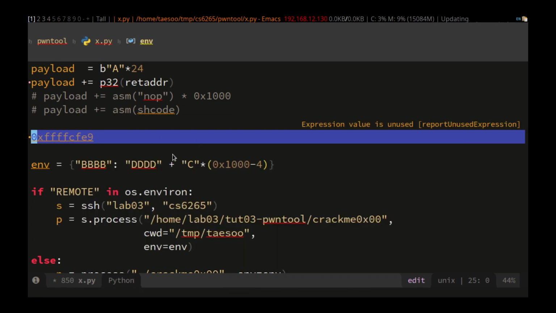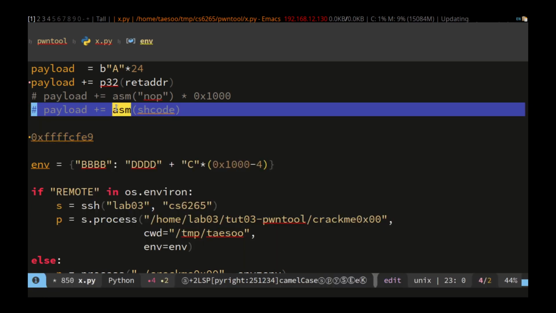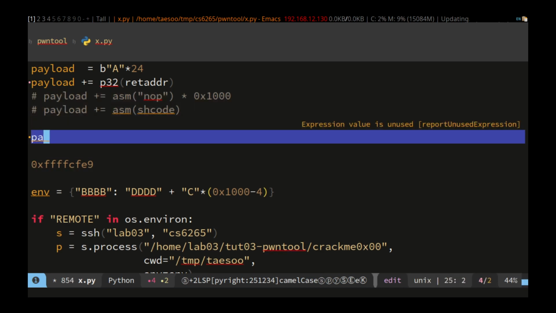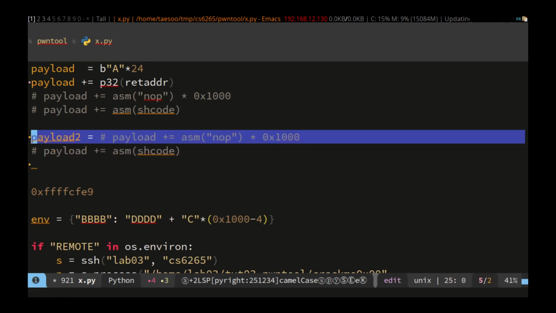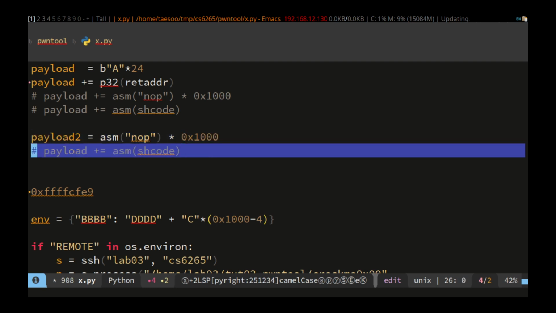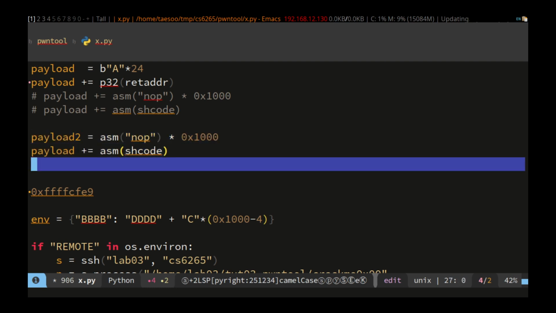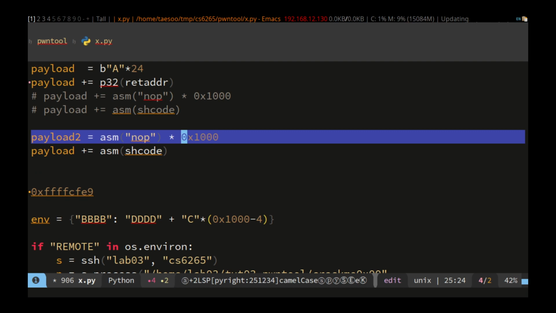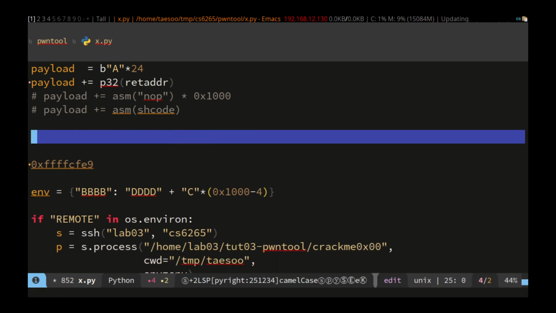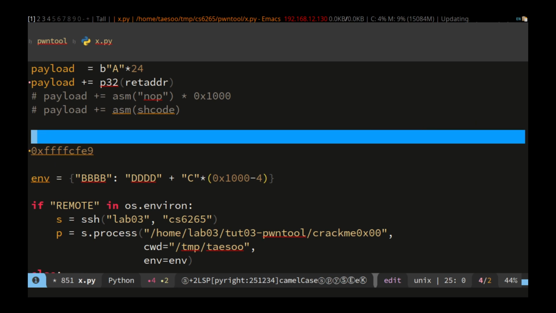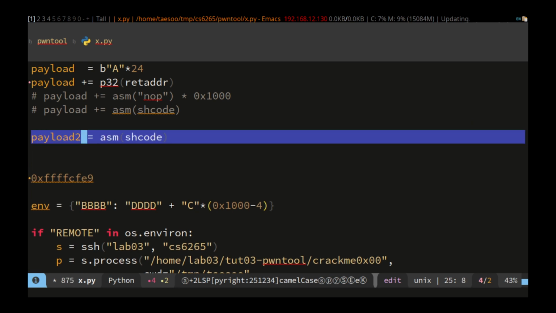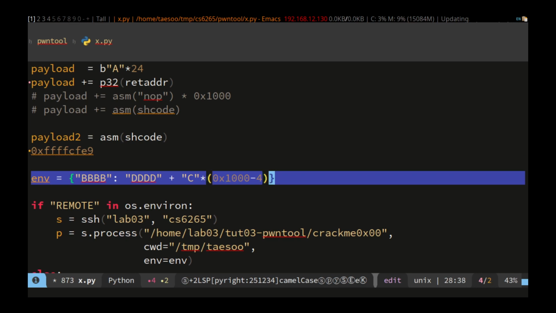And so instead of putting the shellcode here, what about saying payload 2? Say we first put the nope. Not sure it's a good idea, because it changed here. So I think just ignore the shellcode. Just put the shellcode here, payload 2. Instead, we're going to put the shellcode in payload 2. But